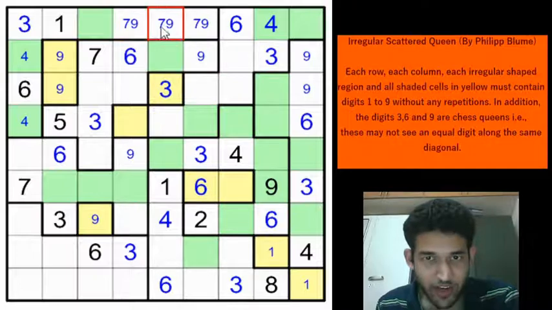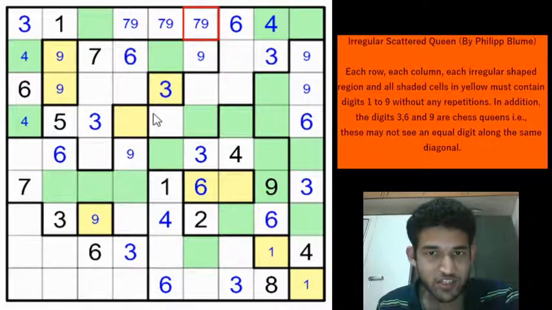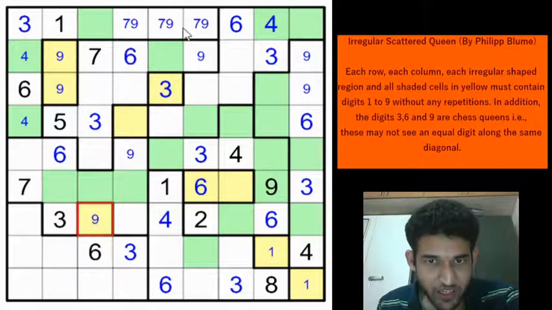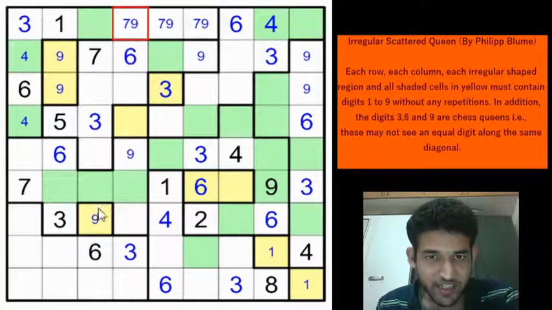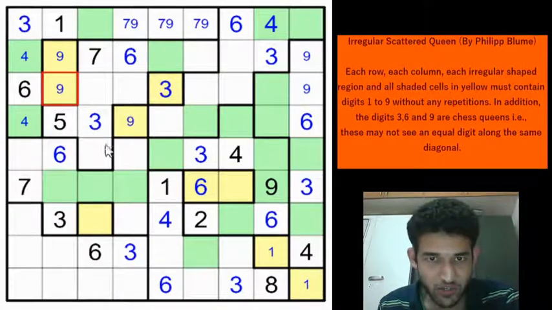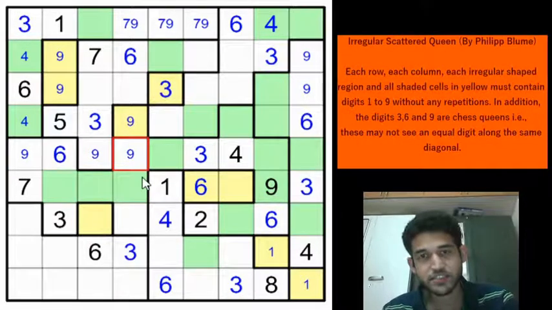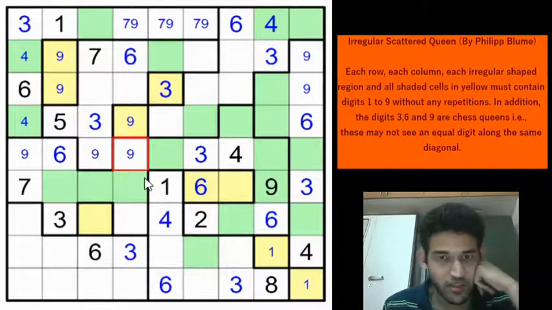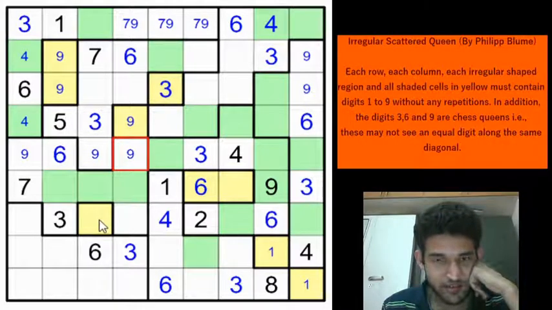And now look where you can place the 9 here. You can't have the 9 here and you can't have the 9 in these two cells. So when you have a 9 here, you are reaching a contradiction, right? So you can't have a 9 here. So we can eliminate that as a location of 9. So which means that 9 must be in one of these 3 cells now. And we will retrace the location of 9 to this row as these 3 cells. Right? 9 can't be here. So 9 is very restricted if you see here.